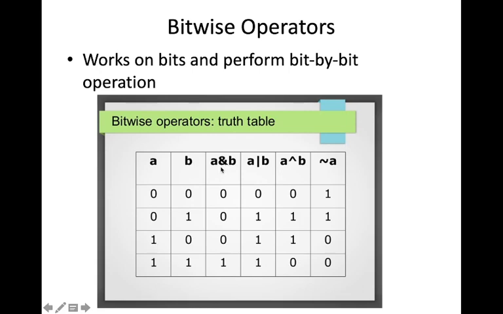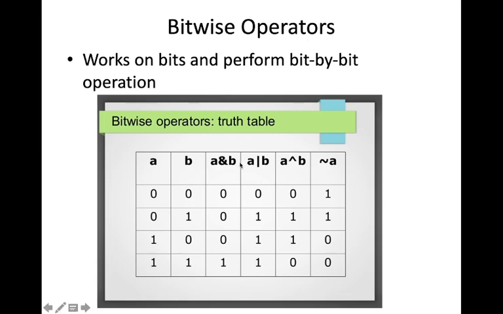We have already seen logical operators. It is similar to the logical operators, but here it is bitwise operation. Here a and b are bits, not expressions as there. A is a bit, b is another bit. So we have bitwise AND, bitwise OR, bitwise XOR and bitwise NOT operators. It is the same as in the logical operators. If you see the result, it is the same as the bitwise operator.